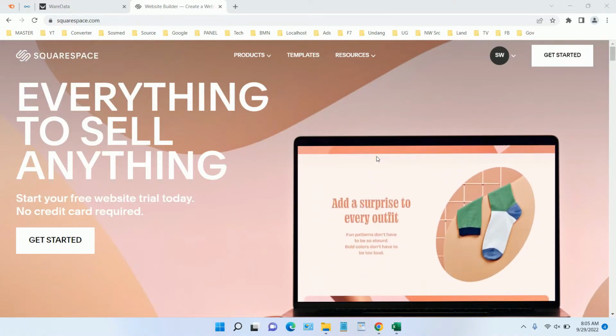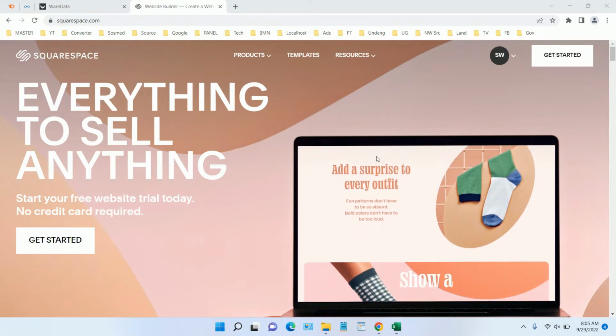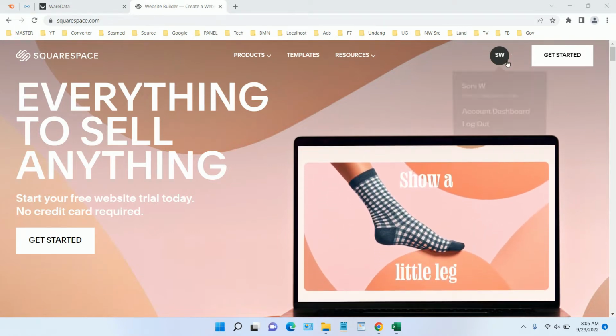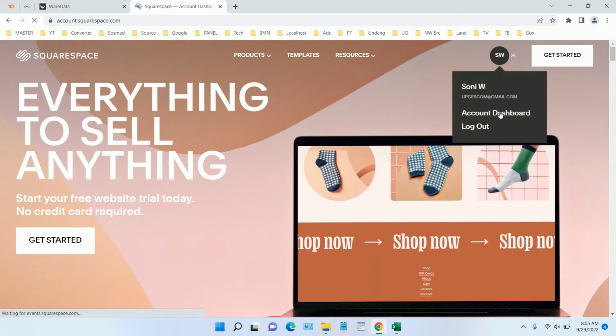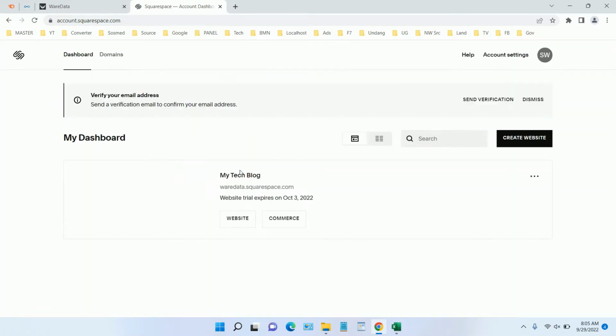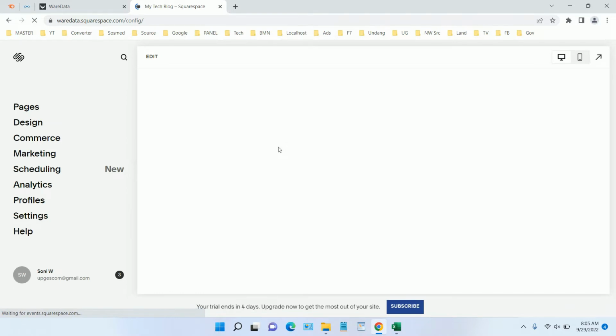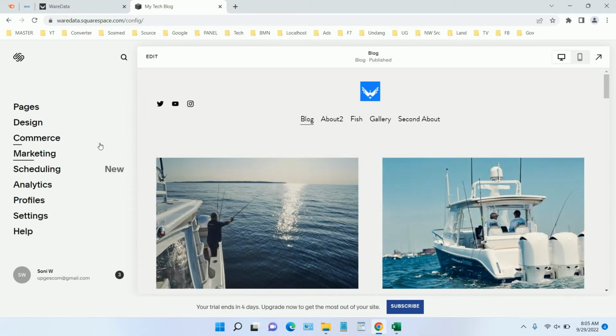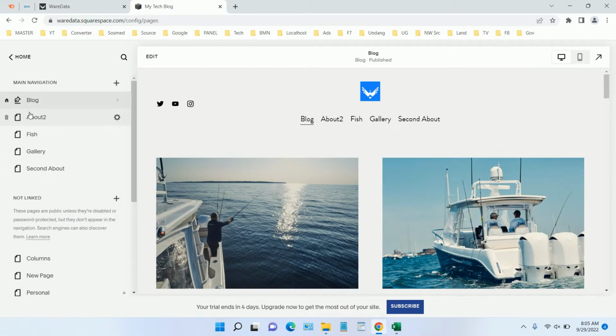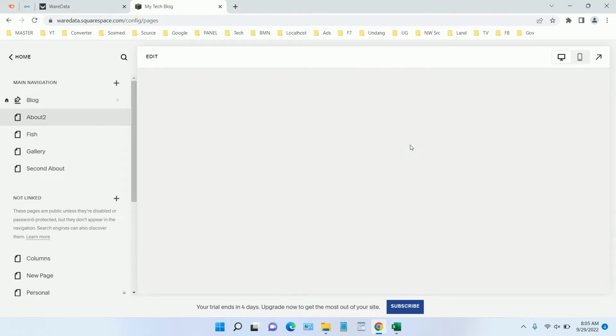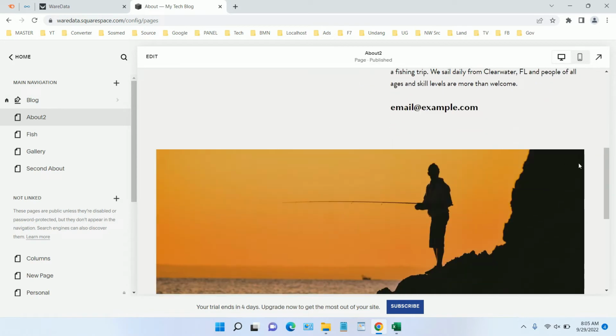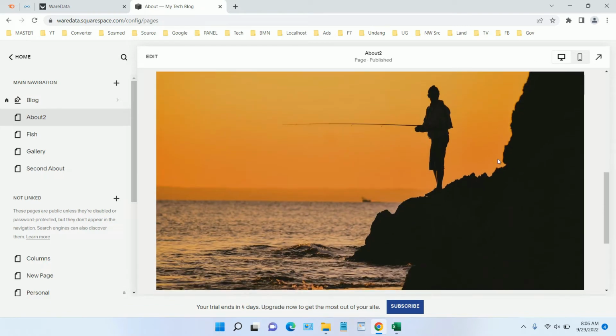In this video, we will show you how to copy a section in a Squarespace website. First, we need to go to our website configuration. To copy a section, it's very easy. For example, we want to go to some page, and because there is a beautiful section in here, and we want